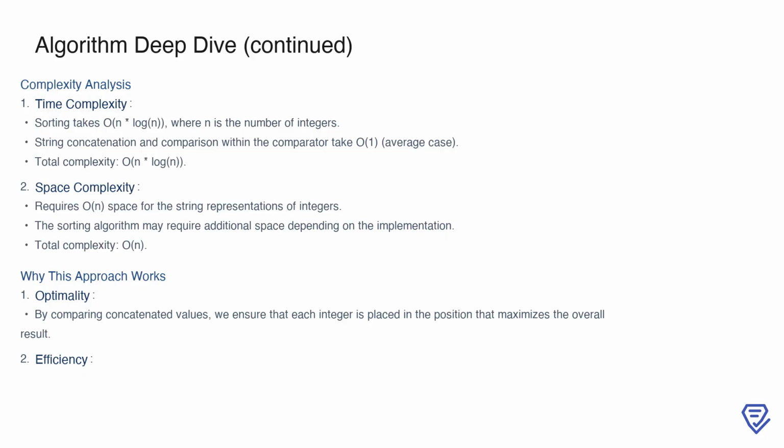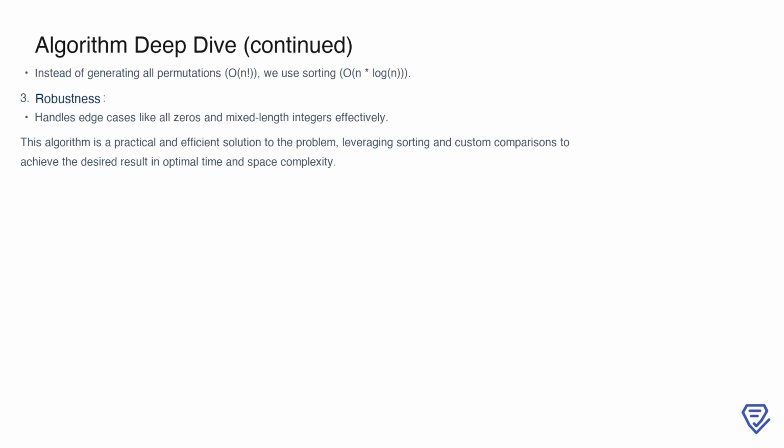This makes the algorithm efficient in practice, as it avoids the need to generate all possible permutations, which would be computationally prohibitive with a complexity of O(n!). Instead, we achieve the same result using sorting, which is significantly faster for large inputs. This approach is both optimal and efficient. By comparing concatenated values, we ensure that each number is placed in the position that maximizes the overall result, adhering to a greedy strategy. It avoids the inefficiency of generating and evaluating all possible permutations, reducing the problem to sorting